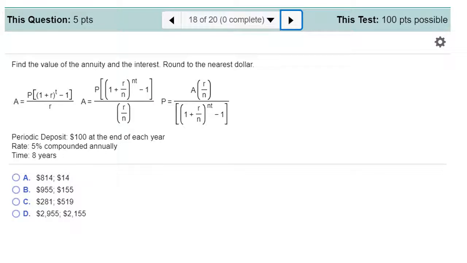In number 18, you are going to be finding the amount of money for an annuity. If you recall, an annuity is where you pay into an account in regular payments. Now, there are 3 different formulas that are used for the annuity. If you need to find the total amount out in the future, and you know that it's compounded annually, you can use this first easier formula. If you need to find the total amount of an annuity and it's not annual interest, it may be quarterly or monthly or